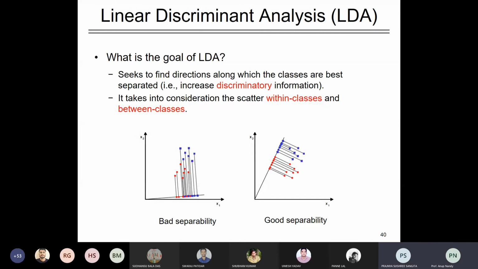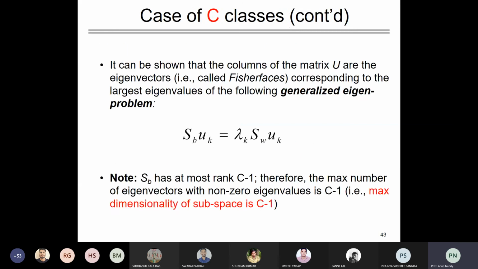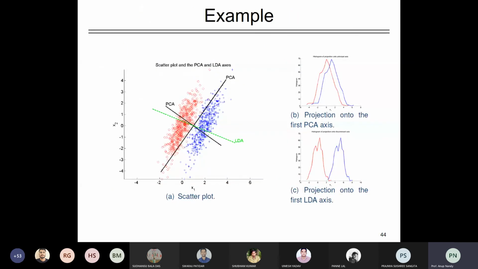So this is very simple, not very complex. You only need to do some practice. The basic intuition you need to understand is the significant difference between PCA and LDA. That is most important.